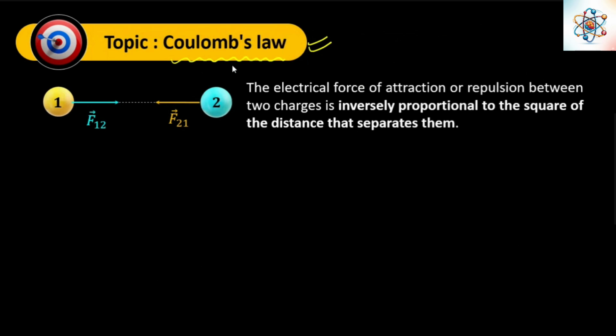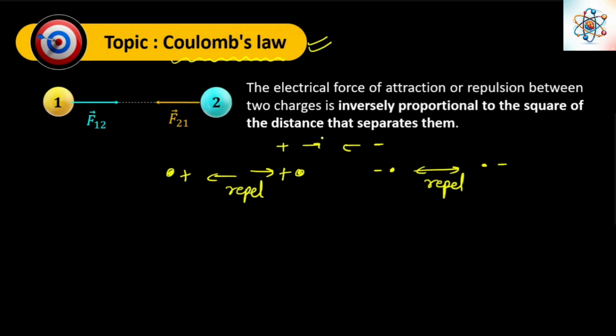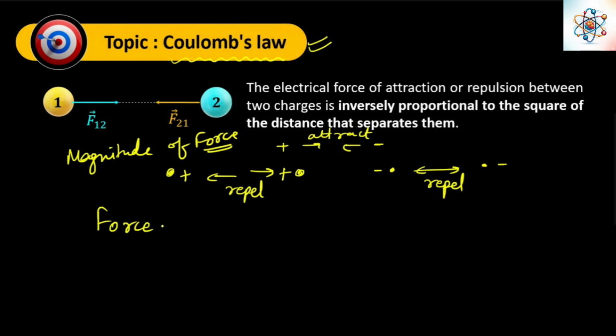So he did lots of study, he did lots of experiments, and he found that positive charge and positive charge repel each other. Negative charge also repels negative, but positive and negative attract. This is something everyone has already seen, but he found the magnitude of that force, like by how much force it will pull or push. He said that the force is called electrostatic force,